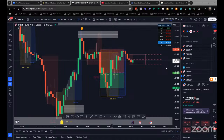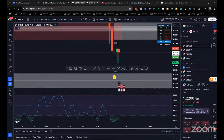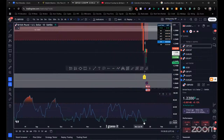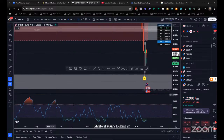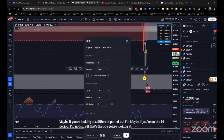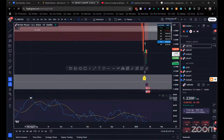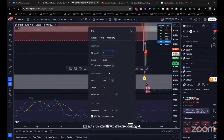I see your message here. You said RSI divergence on daily GBPUSD and EURUSD. Just check that real quick. I guess it just depends on what type of divergence you're looking at. Maybe if you're looking at a different period, but maybe if you're on the 14 period, I'm not sure if that's the one you're looking at. Mine's the 5. I'm not sure exactly what you're looking at, but